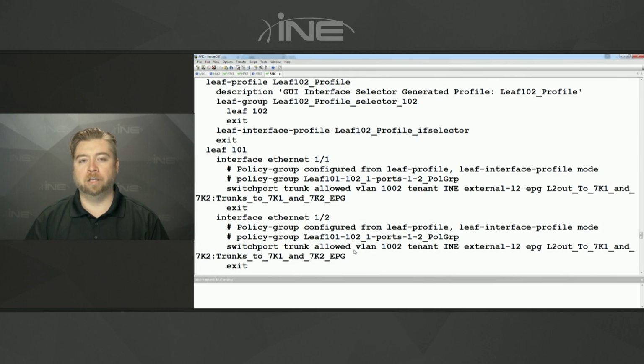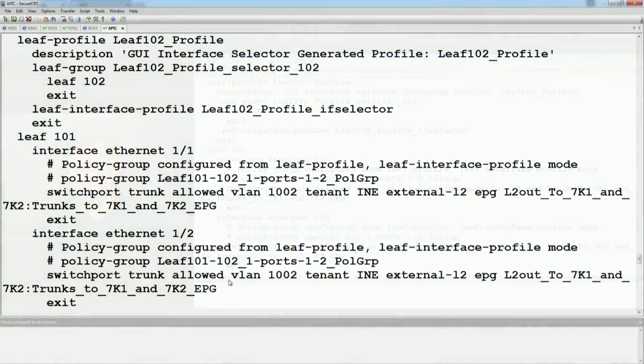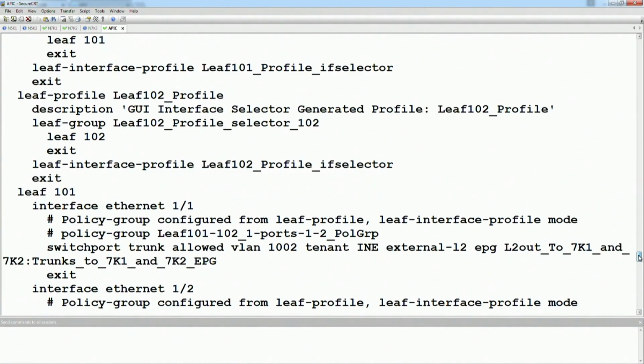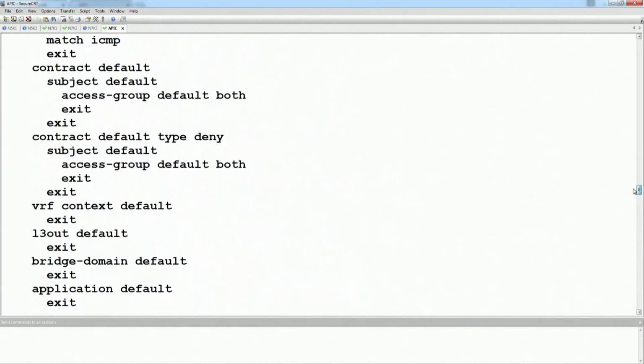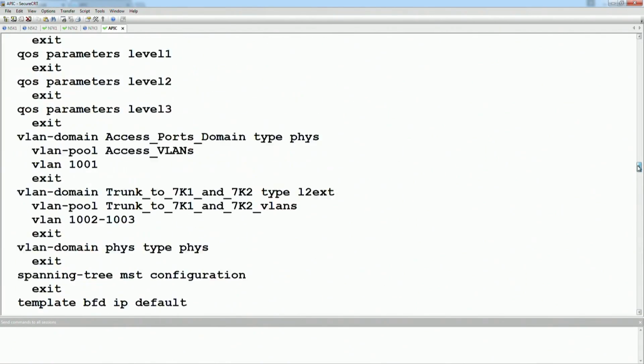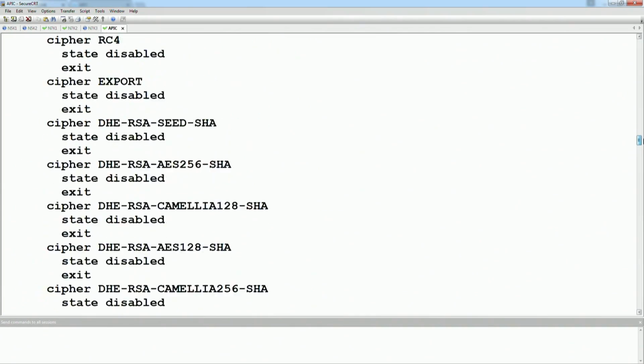But what I want to do here is we're going to copy the config from the CLI, put it in the text editor, kind of edit the values around to see what the specific config is related to the L2 out. We're going to change it over to VLAN 1003 and then apply it from the CLI as opposed to applying it from the GUI. Okay, also what we had previously done in the last example where we were extending the EPG out of the fabric is under that bridge domain 1002, we should have already had,